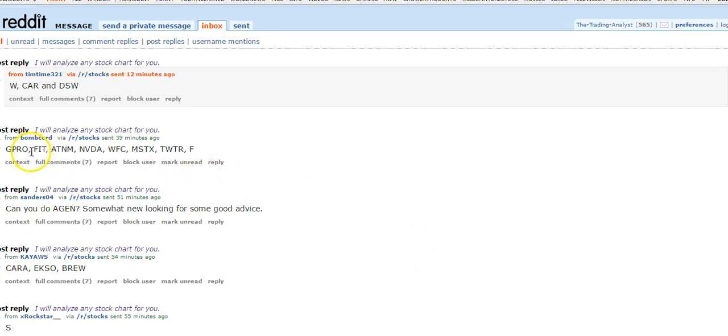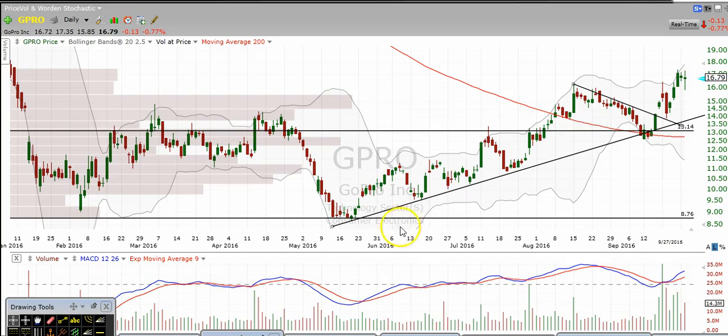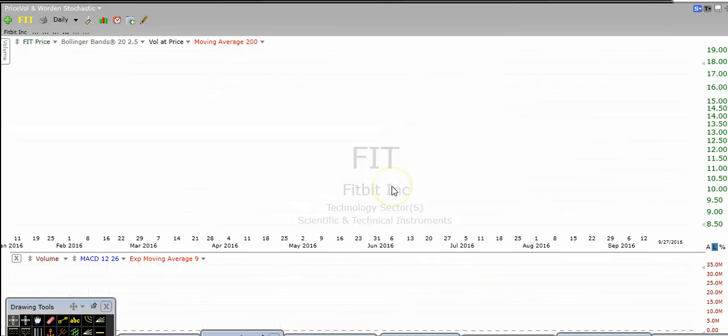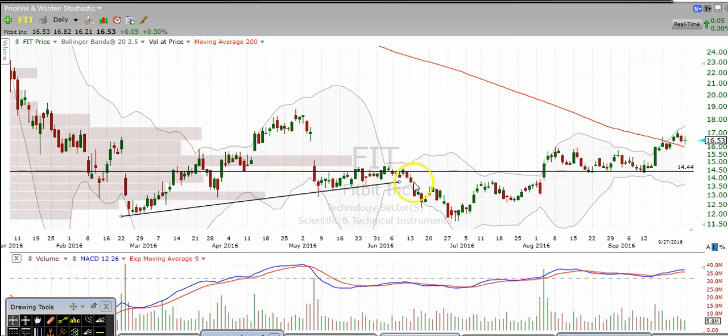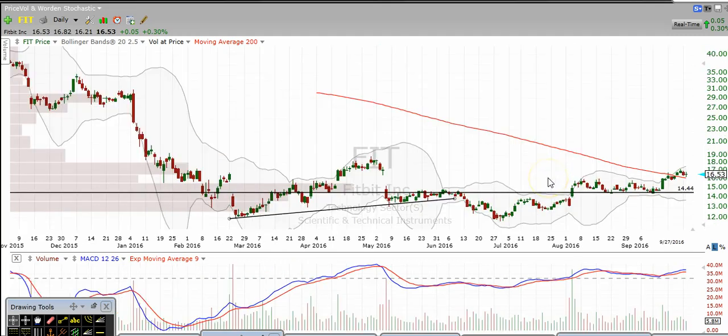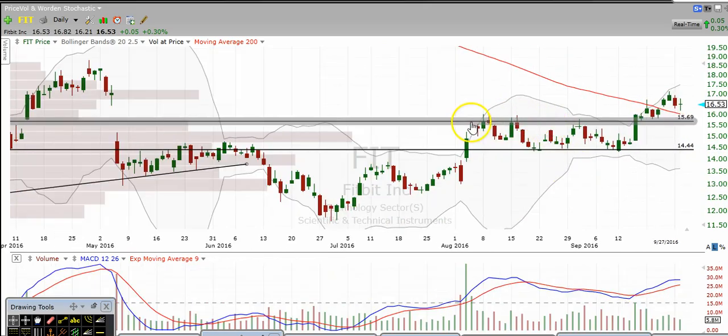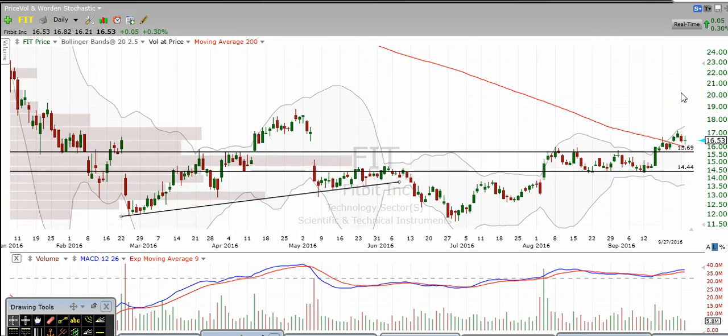Let's cover the next chart, FIT. All right, so FIT, we've got a nice break over this resistance right here. Again, another break over resistance right here. You can see right around 1570. We were trading in a box, broke over that box, nice move up. We're also above the 200-day moving average. That's constructive. And now I'm going to draw an uptrend line